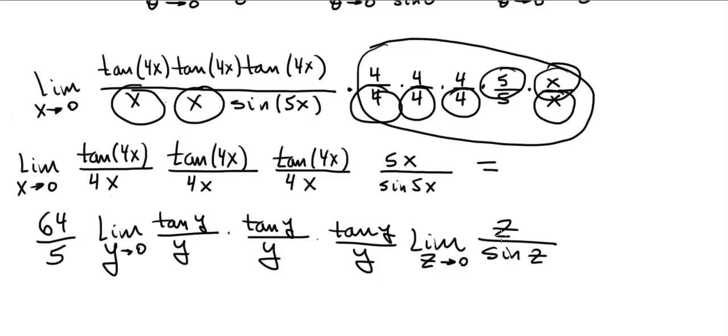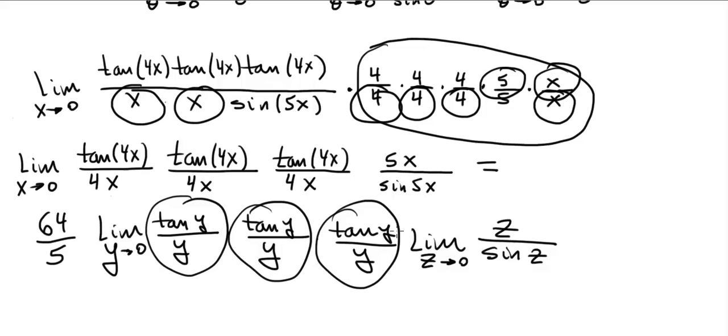So those preliminary results, using those results, this goes to 1, that goes to 1, that goes to 1, and this goes to 1. All of them go to 1. We're left with what the limit is,